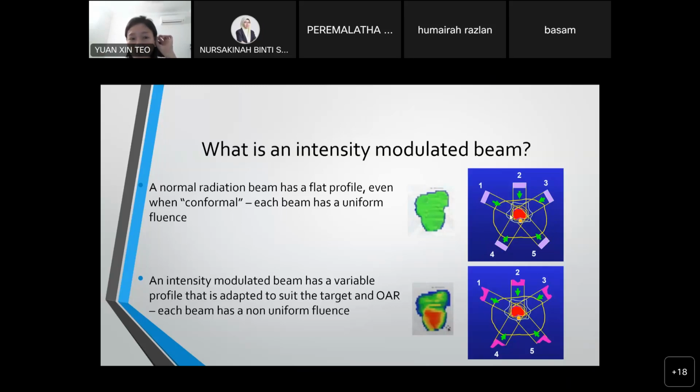So every beam contributes the same flat profile. You can see this purple color is a flat profile to create a fluence. These 5 beams will create the same thing, a flat profile to create these fluence